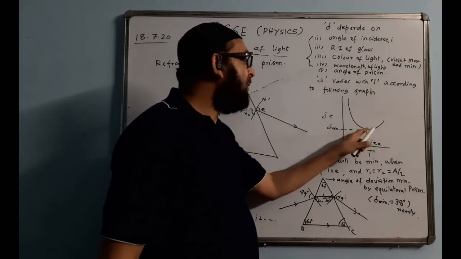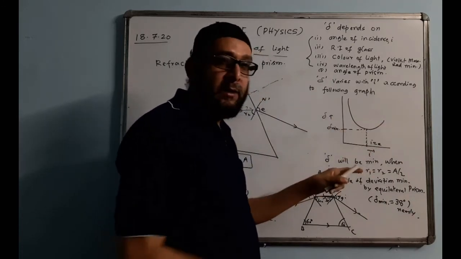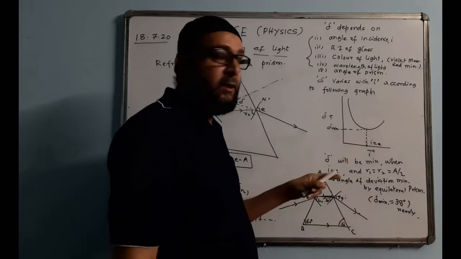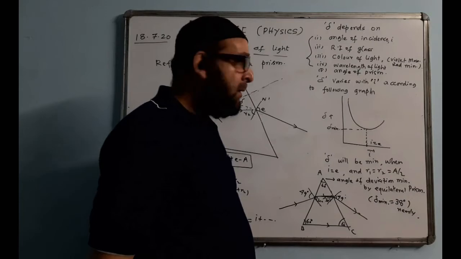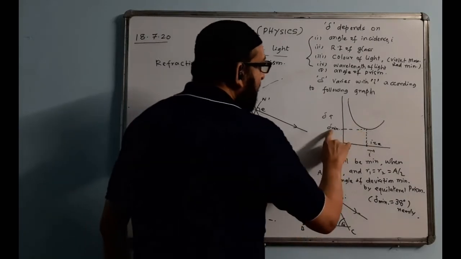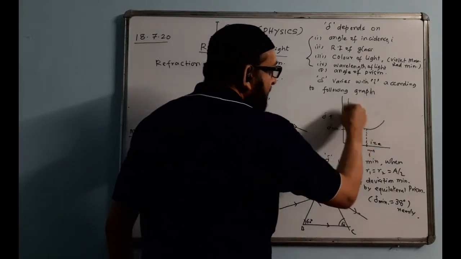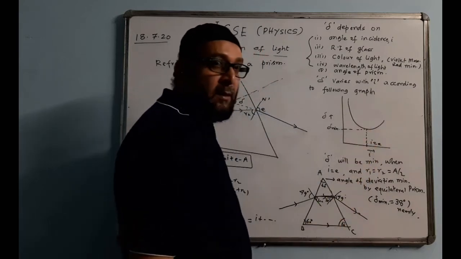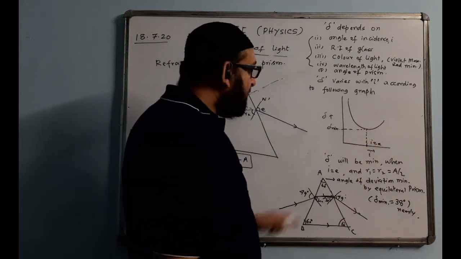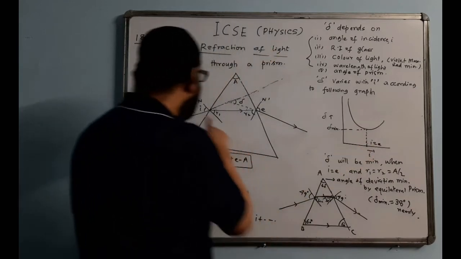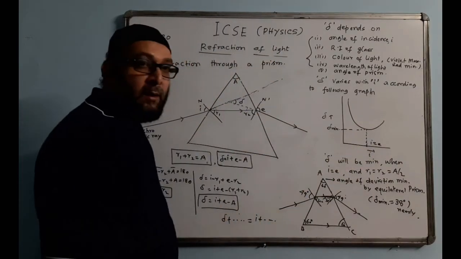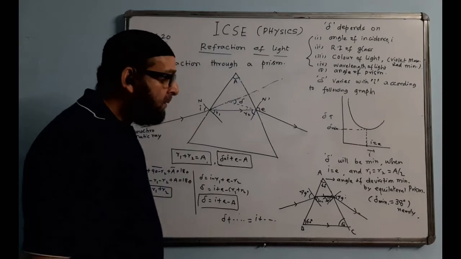After reaching the minimum value, again the delta value increases. It does not keep on decreasing and become zero. It never becomes zero. It keeps on decreasing, and again it increases here. So here the angle of deviation becomes minimum. Minimum is the least value, and then again it increases. Practically it is observed that delta will be minimum when I and E are equal. When the angle of incidence and angle of emergence are equal, at that time the angle of deviation becomes minimum.